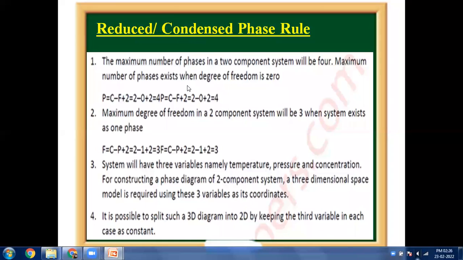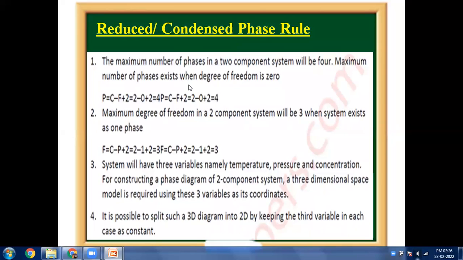ठीक है. अब फोर फेजेस एक फेज डायग्राम में एग्जिस्ट करना और उसको शो करना, that is really quite a difficult task, because four different phases means generally there are solid, or there may be two solid, one liquid and one gaseous phase. ठीक है. Similarly, we can also think in this way, for a two component system, the degree of freedom,